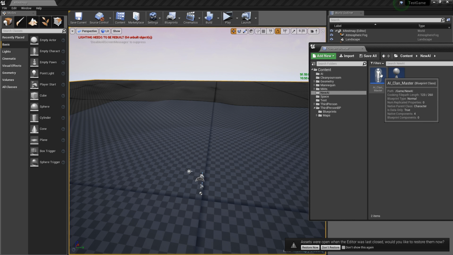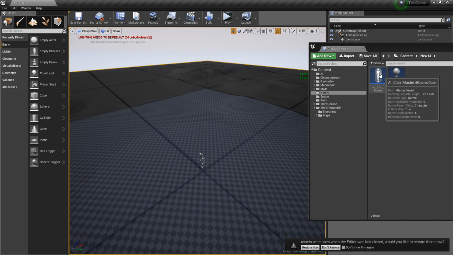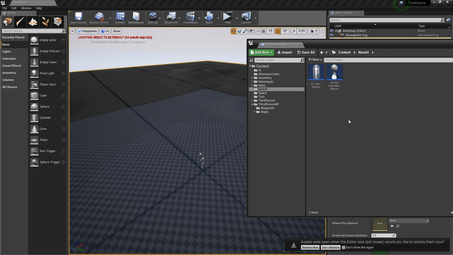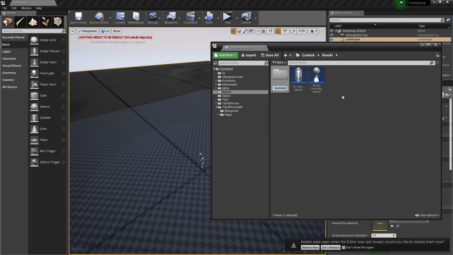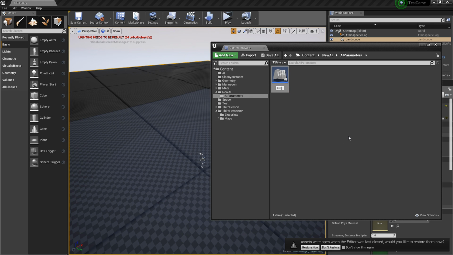Okay. How do we want to start this? I guess we could start by adding in like some sort of road or something like that. So AI, gonna put that in a parameters folder. That's blueprint class actor. This will be our travel BP. Alright, so